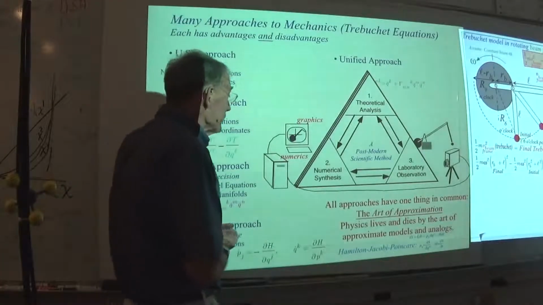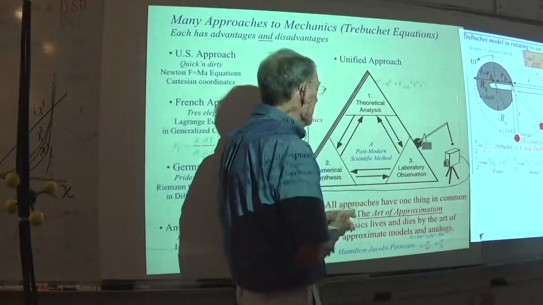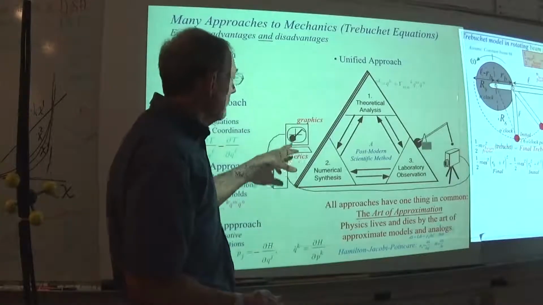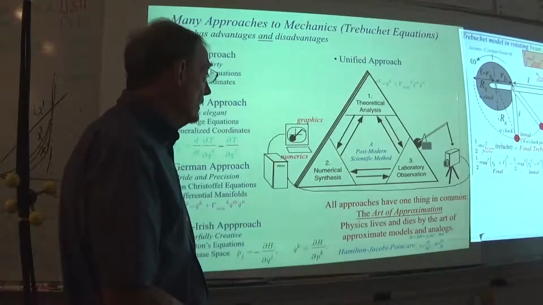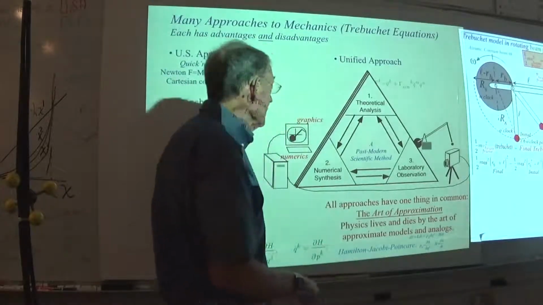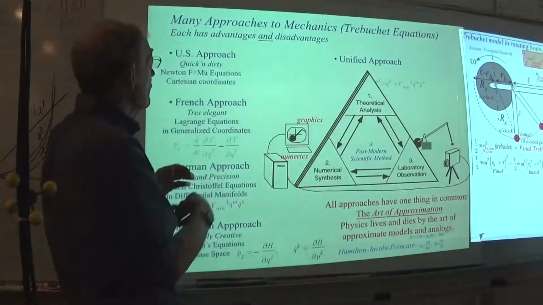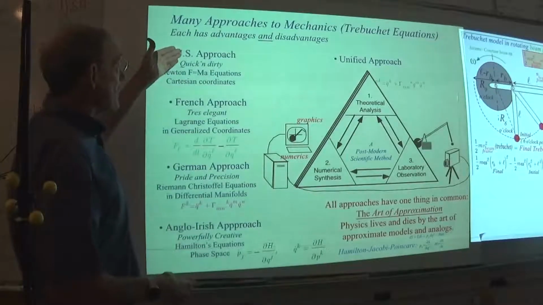And the reason it's changed is because we don't just have lab and theory. We've got this kind of theory. A computer can make graphics of a trebuchet or whatever you want to make. Okay, so as I've always said, the art of approximation is important. But when it comes to mechanics, the stuff we're doing in this class,